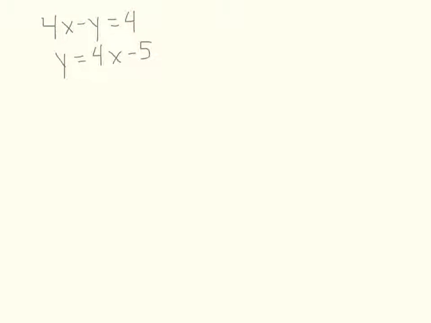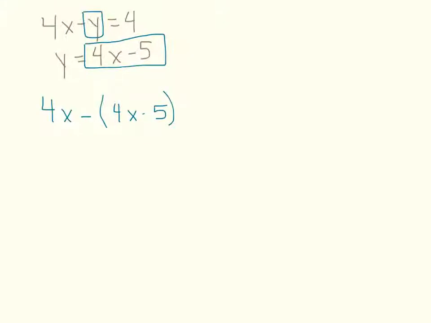Okay, let's go ahead and use the substitution to solve this. We have a y equals an expression here, so we'll take this expression, plug it in for y. So 4x minus, instead of y, put 4x minus 5. Notice I put it in parentheses, equals 4. Now we need to distribute this negative. So 4x minus 4x